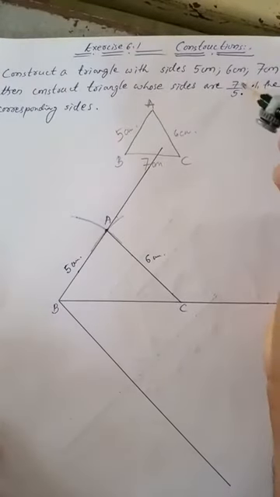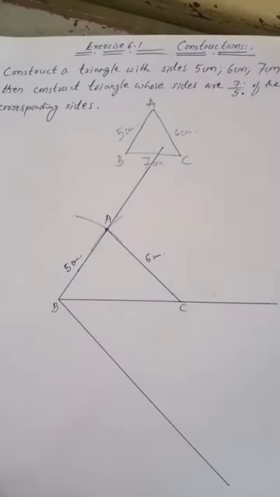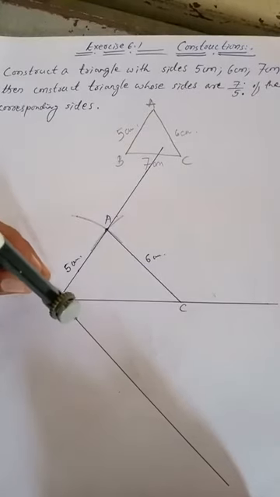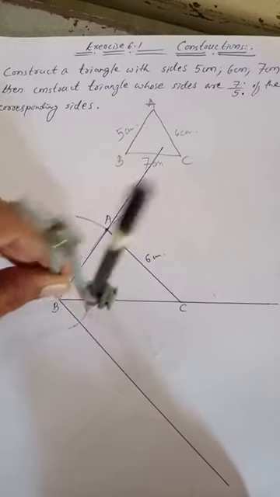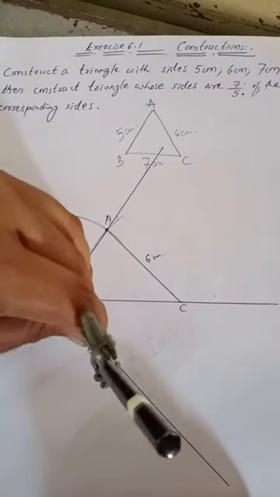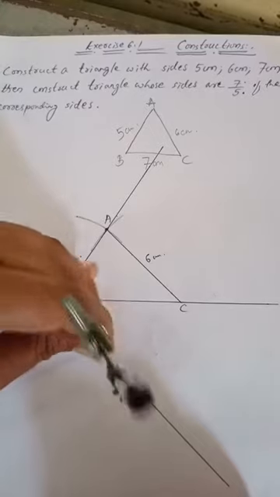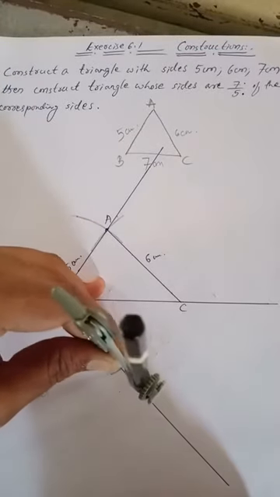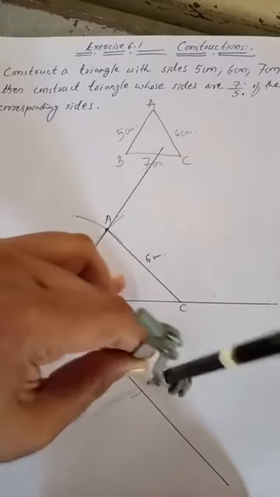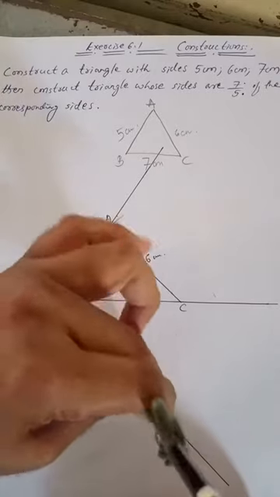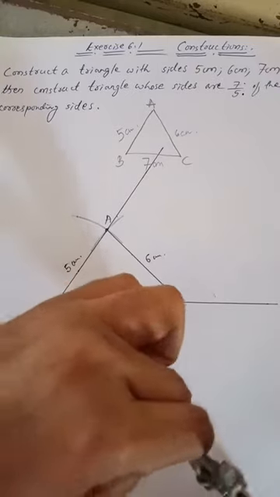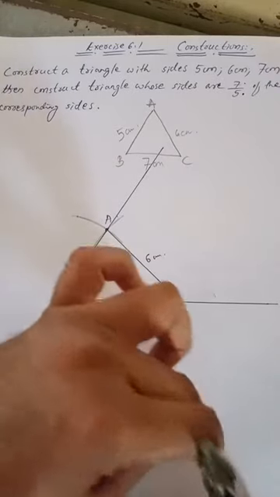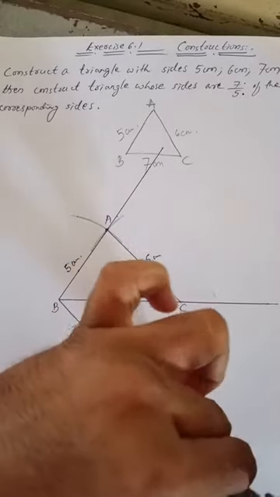That is, whichever is the highest value, that many cuts you have to do. It means 7 are there. So 7 by 5 means 7 cuts we must do on the acute angle ray. Let's start. This is the one cut, second, third, fourth, this is the fifth cut, sixth, and this is the seventh arc or cut, you may say.